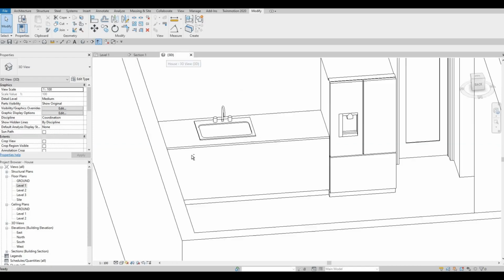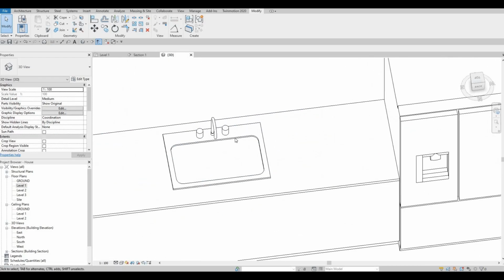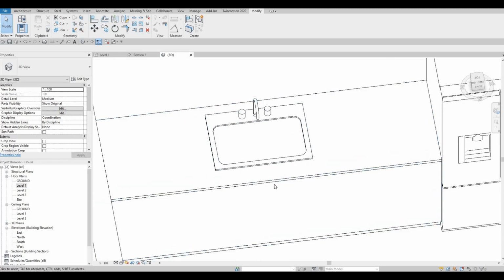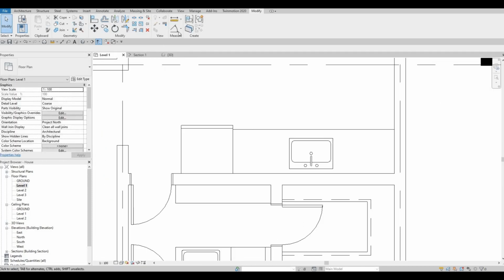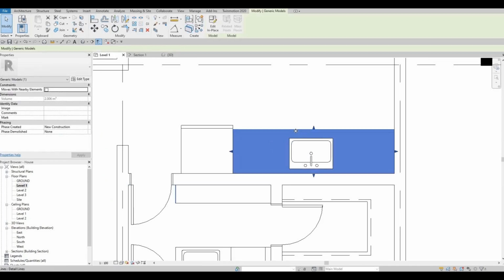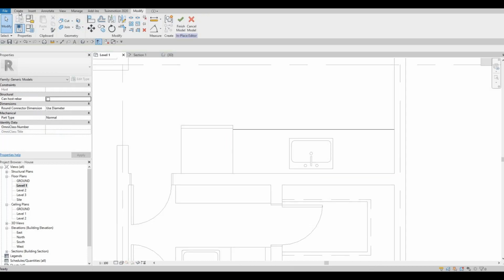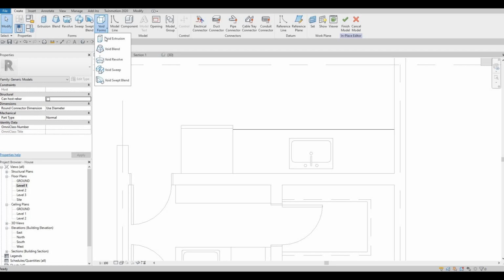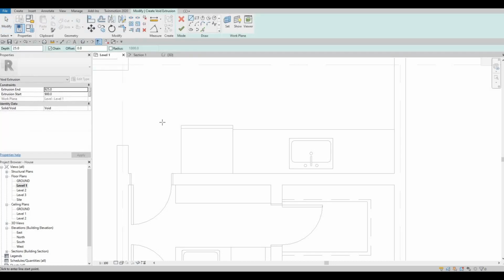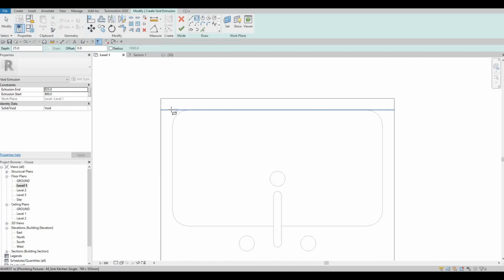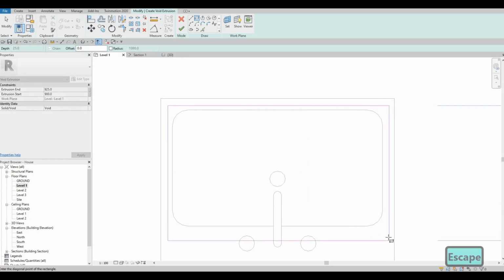If we look at it in 3D right now, basically this is over this one, and we need to create a void again. So now what we need to do is go back to level 1, and then here we need to select this again to edit, and then create another void, and this one is just a void extrusion. So this void extrusion, we want it to be around this part. We want it to be over,